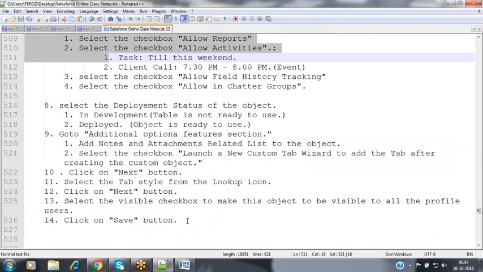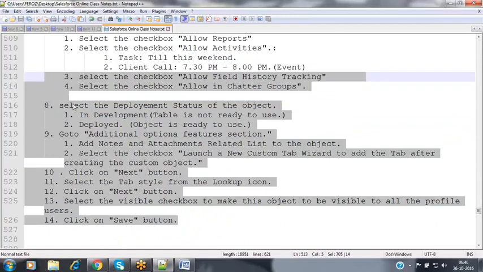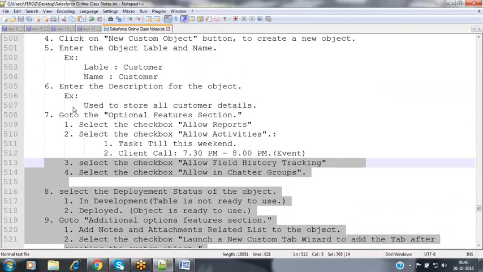In tomorrow's session, we are going to discuss how to create this custom object, what it will provide to us, what fields are given by Salesforce by default, how we can add some more fields inside that, how we can create the records, and how we can create an object without selecting the tab option. At that time, how can we create the tab separately?